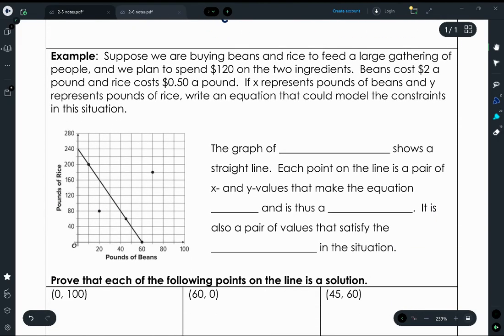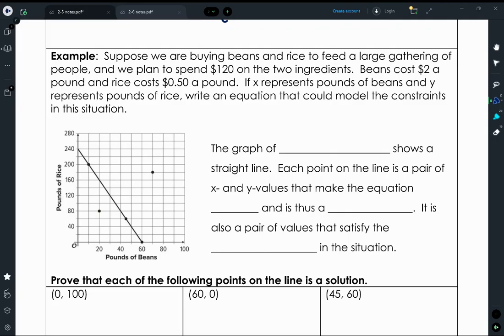So here is our example. Suppose we're buying beans and rice to feed a large gathering of people, and we plan to spend $120 on the two ingredients. Beans cost $2 a pound and rice costs 50 cents a pound. If X represents pounds of beans and Y represents pounds of rice, write an equation that could model the constraints